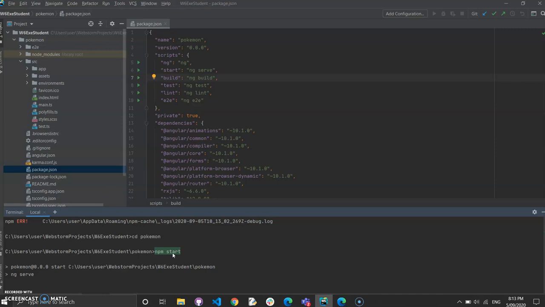Let's give it a few seconds so that it hosts our application on our localhost.